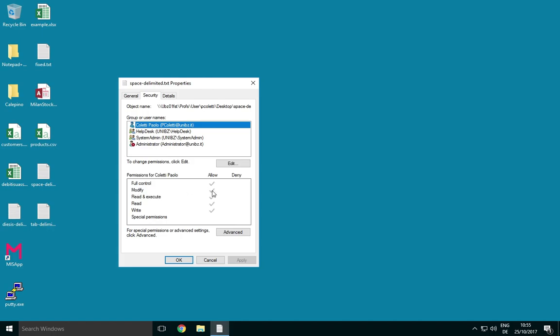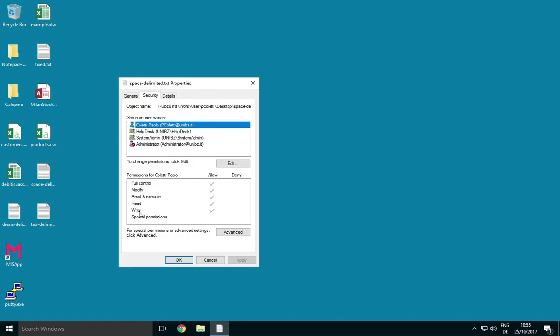Modify is what for Mac is read and write. So I have the permission to, well, in theory it's only write, but as I told you before, often if you have modify, you usually have also read. So I have the permission to modify the file and even to delete it.